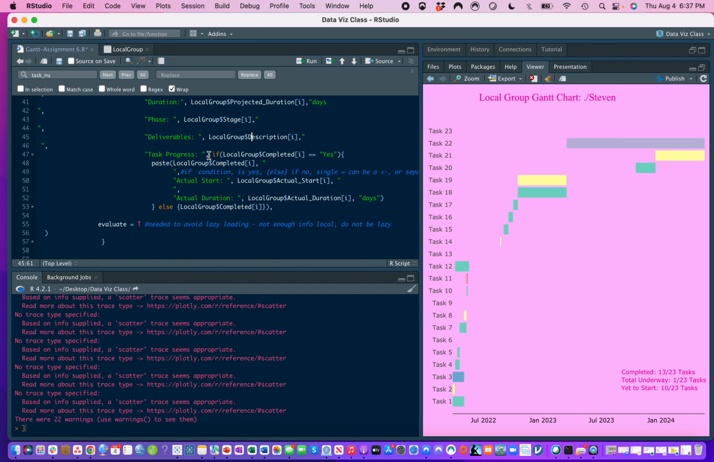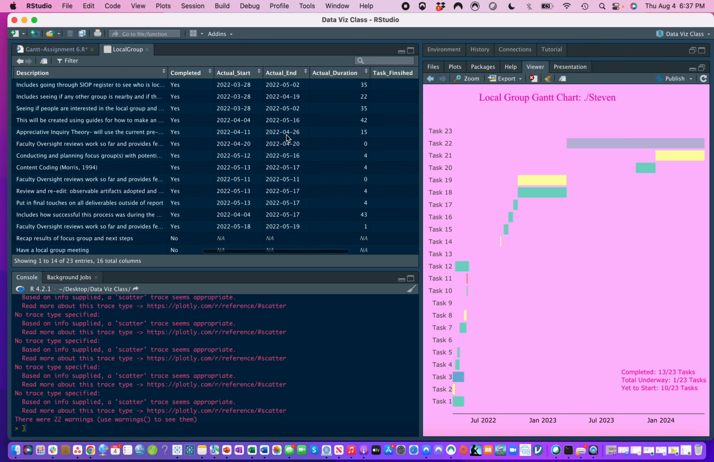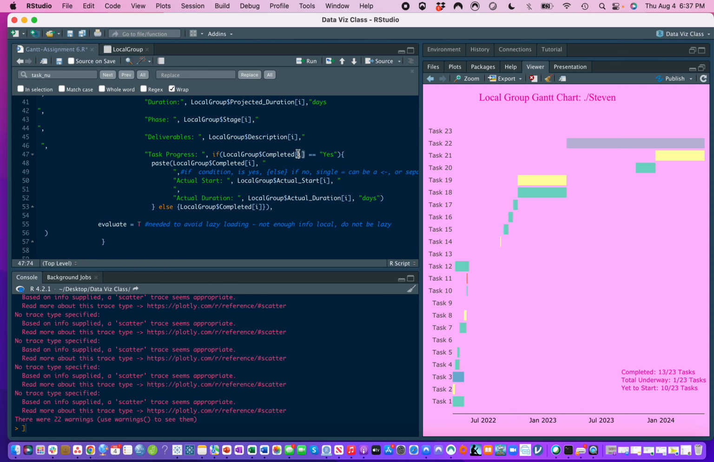So yeah, again, you have the task progress if. So how this works is it's an if statement. You have if this condition is true. So if this condition right here, sorry, is true. This condition is if the local group's task is completed. Yes. So you can see it in here. Where is it completed? Yes. So if it says yes, that's a true statement for each individual task that you go through, each line of each individual task, right? If it says yes,